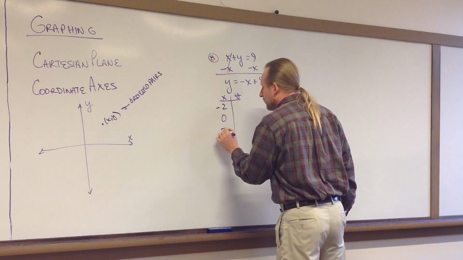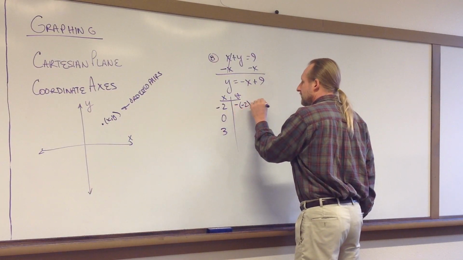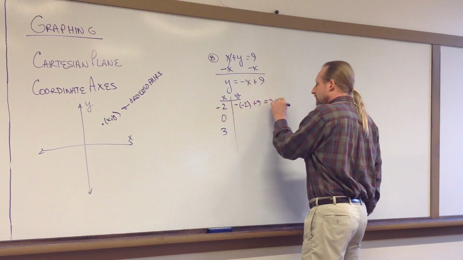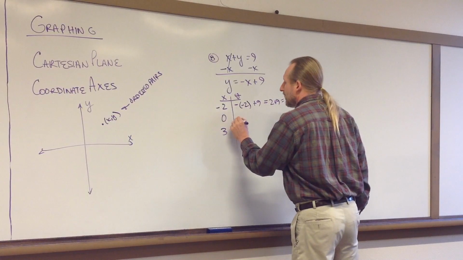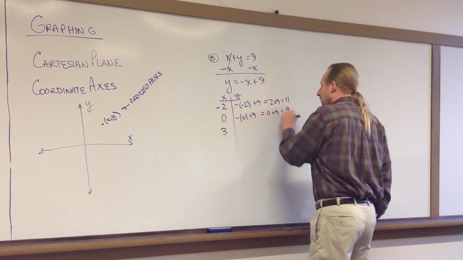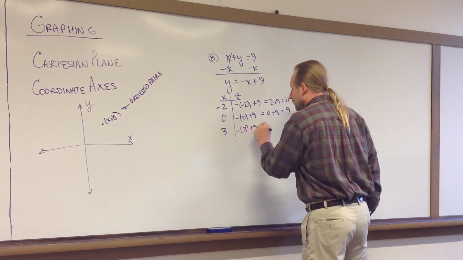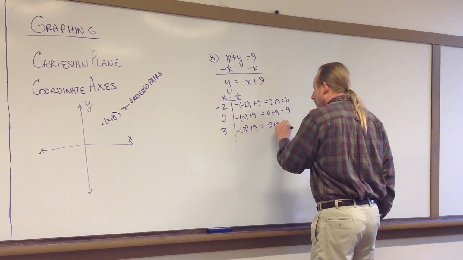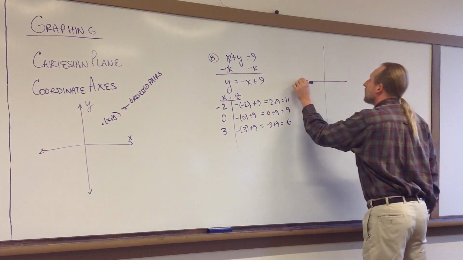0, and 3. Okay. So if x is negative 2, then y will be 11. If x is 0, then y will be 9, and if x is 3, then y will be 6. Okay, so